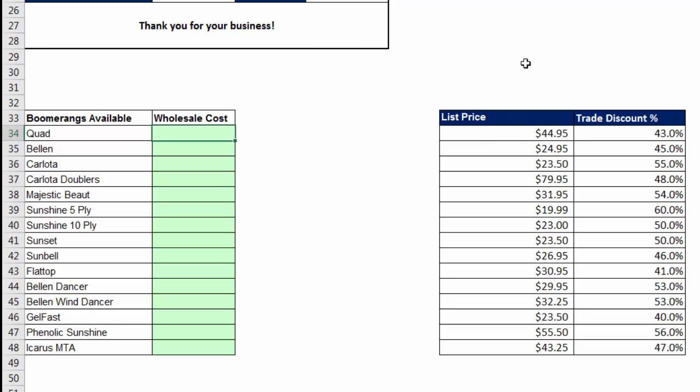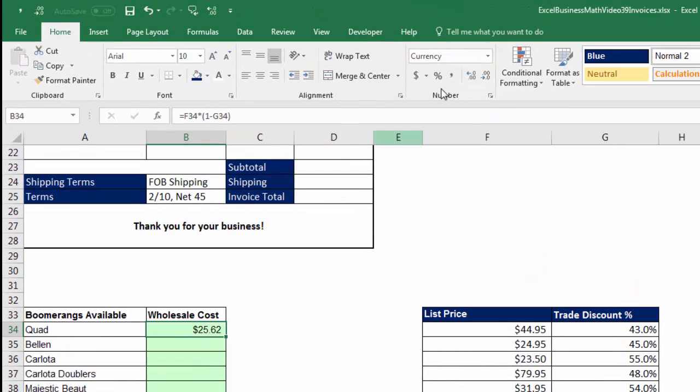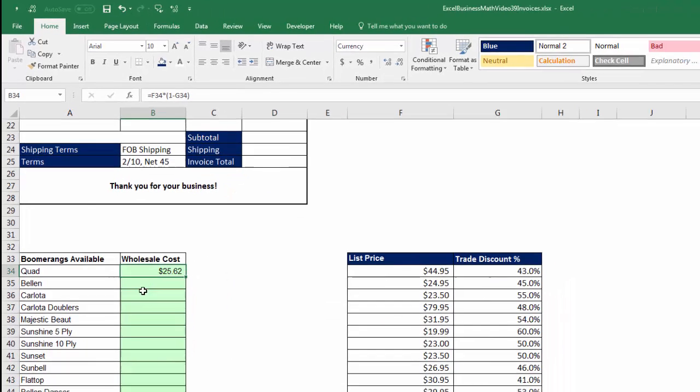List price times not the 43 pennies of discount, but 1 minus the 43 pennies, which will give us 57 pennies for every $1 of list. That's how we get our wholesale cost. Now, if I were to simply say equals list price times, in parentheses, 1 minus our trade discount, close parentheses, Control-Enter, I might be tricked for a second because there's currency number formatting, but all of these wholesale costs are